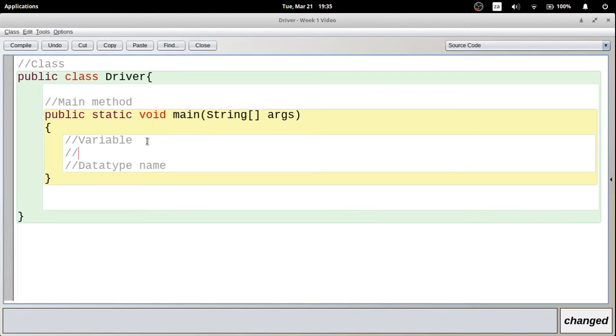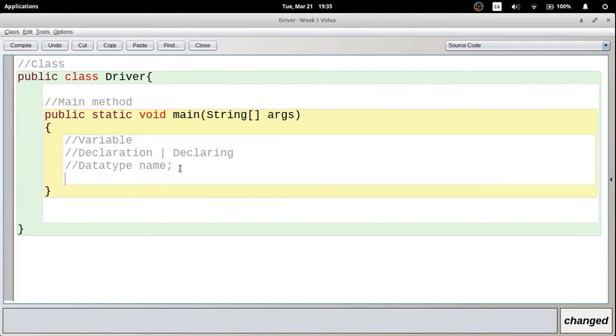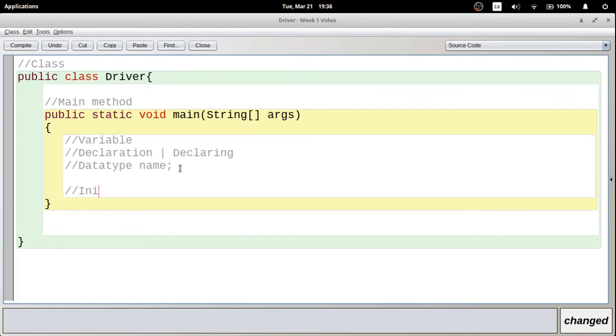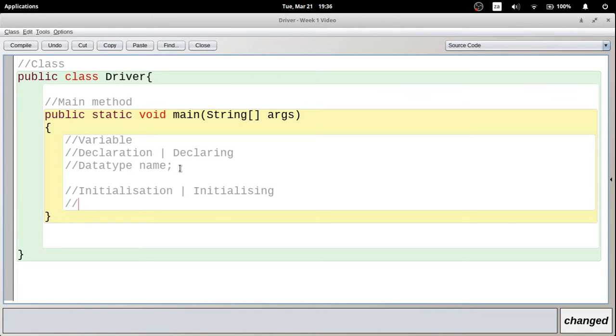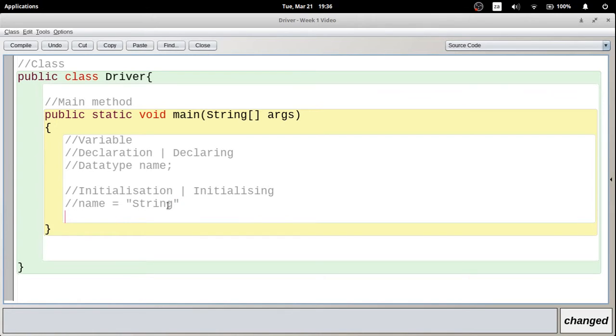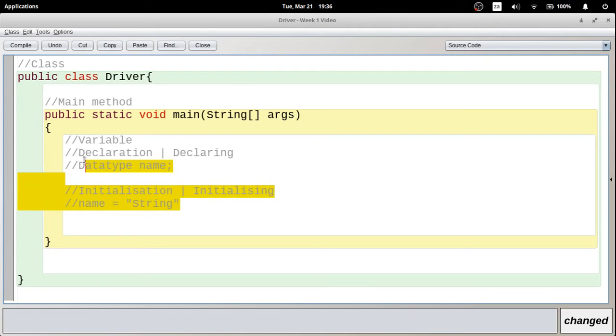Let's just do this: declaring, semicolon, and then initialization, or initializing, is where we actually say name is equal to some value, like a string or a number and so forth. You can actually do both of these in one line,